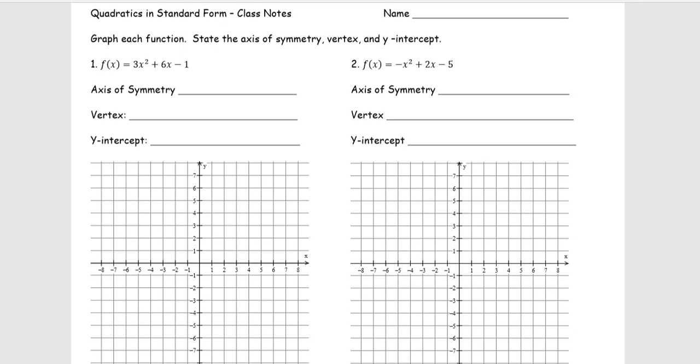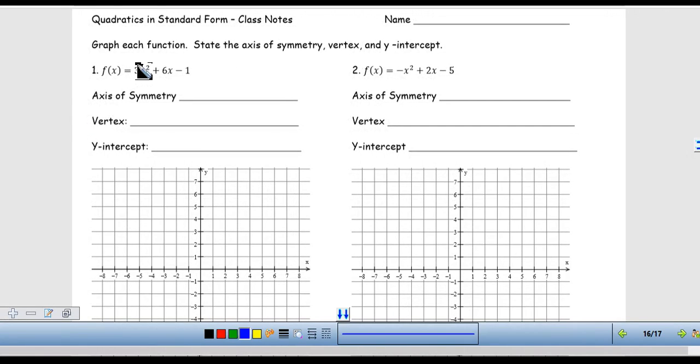First, let's talk about what standard form is. If something is written in standard form, you're going to notice that it is ax squared plus bx plus c, meaning that we have a quadratic term, a linear term, and a constant. So when they're in the correct order, and they are written in this form, we can use this to find